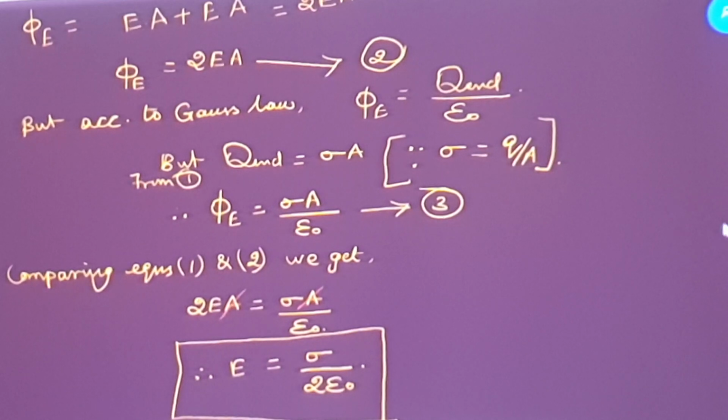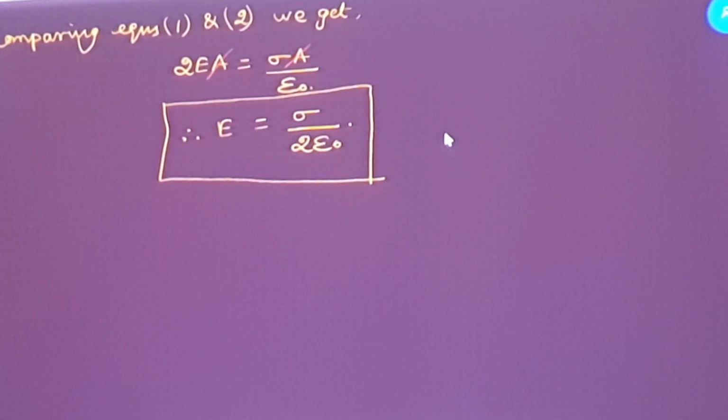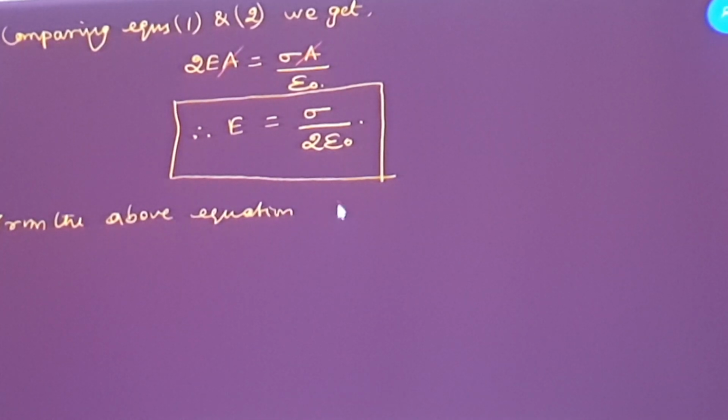From this equation you are very clear that the electrical field at a point due to an infinite plane sheet of charge depends upon the surface charge density, and it is independent of what? It is independent of the distance. We do not have any value of r. So we can say from the above equation it is clear that